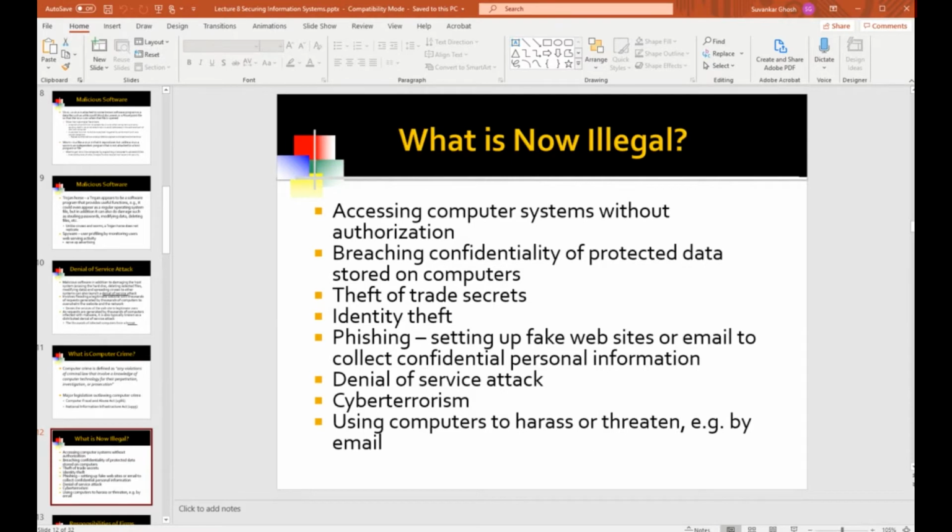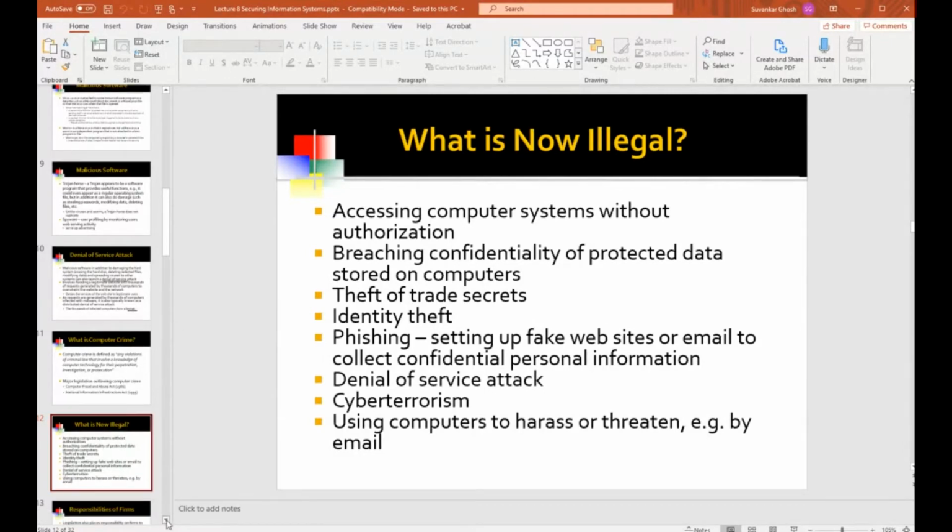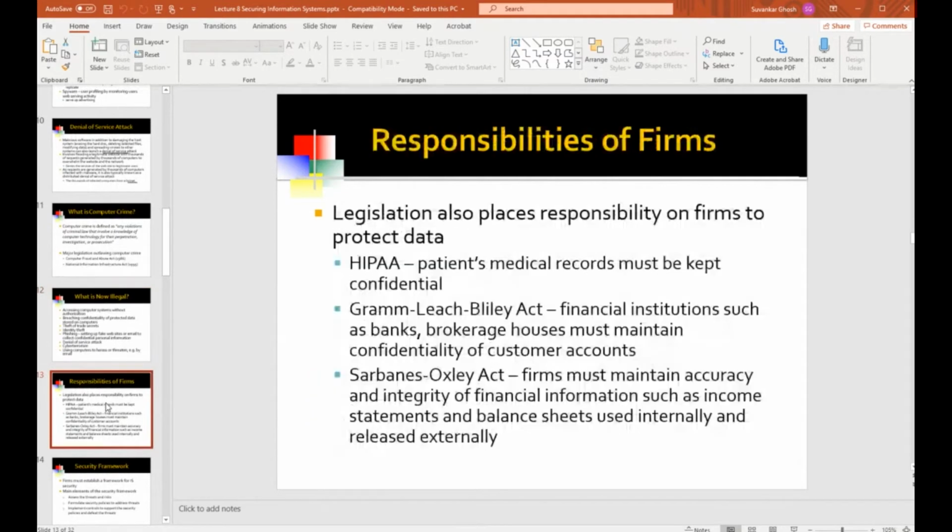But even something as mundane as writing an email. A lot of people, when they are sort of angry with somebody, something happened, they dash off an angry email to that person. But the advice is don't do that. Don't send any email to anybody which has some heat and anger in it, and it could be construed as a threat to that person. That is a computer crime as well. So as you can see, the net has been spread quite vast in defining what computer crime is.